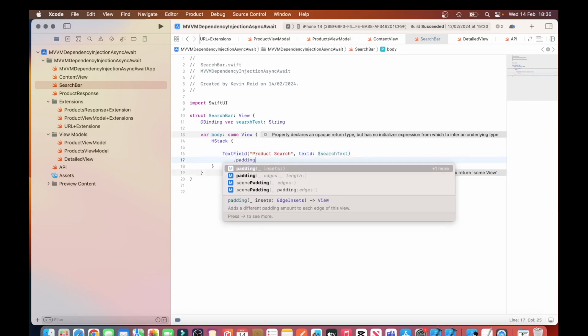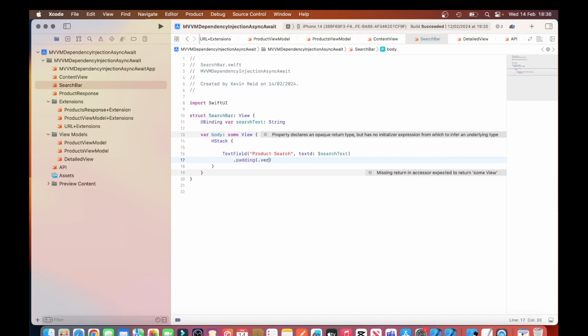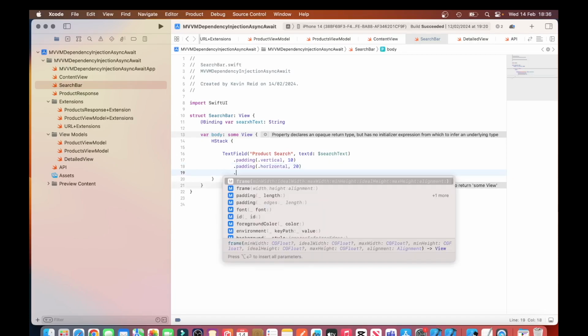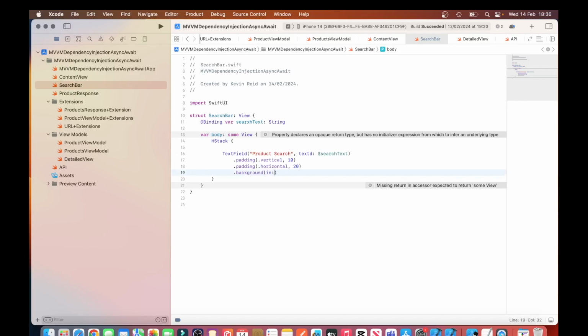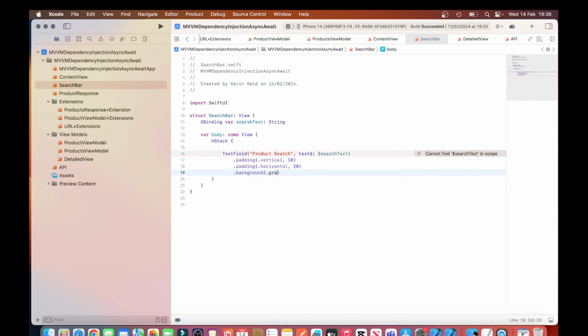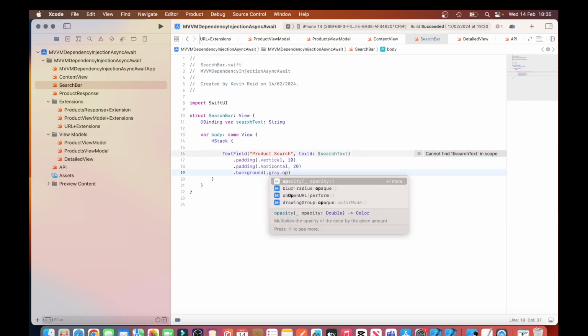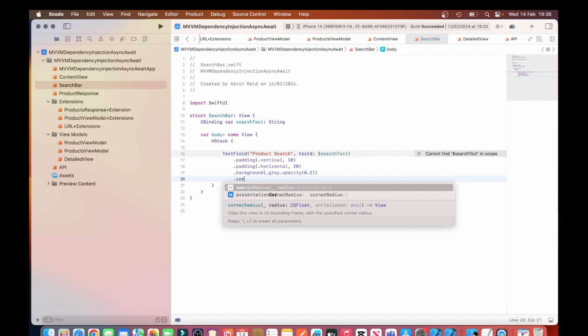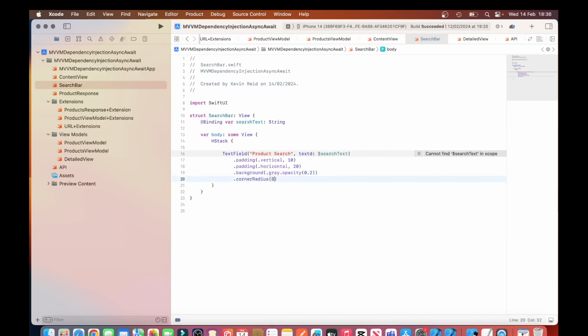Add a bit of style: .padding(.vertical, 10), .padding(.horizontal, 20), .background(Color.gray.opacity(0.2)), .cornerRadius(8),